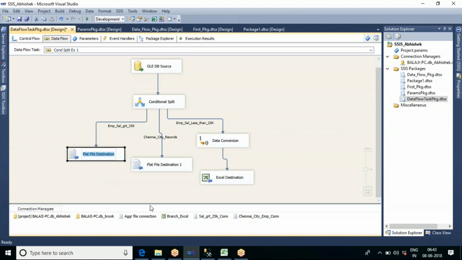Let us give some output destination names also. Let us say this is salary greater than 25k records. And this is Chennai City Records.